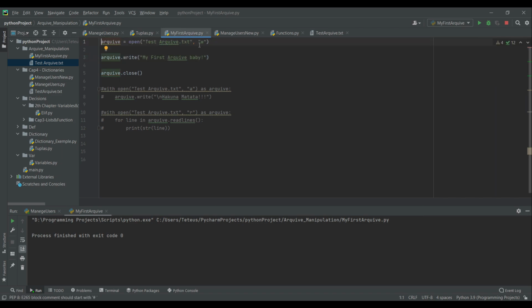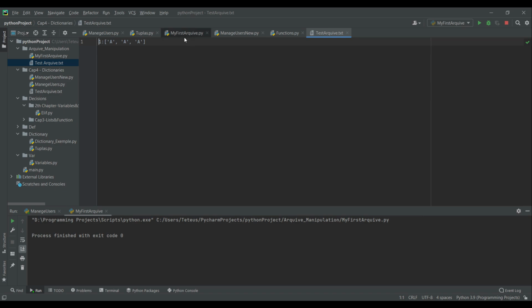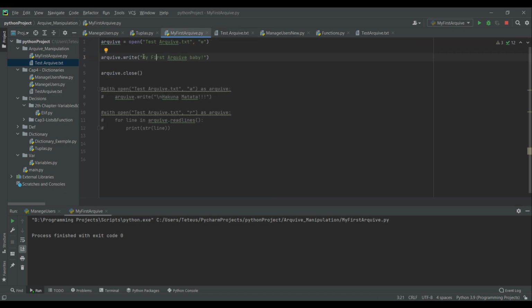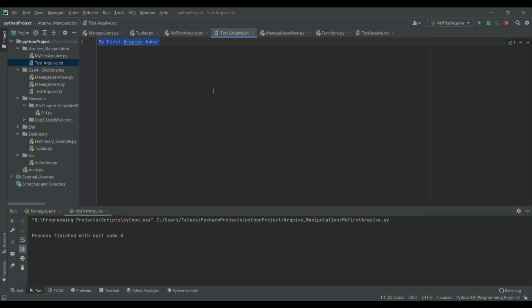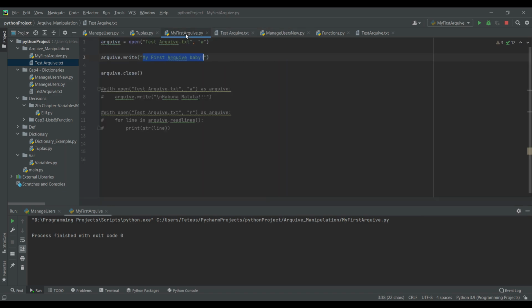So here's my creation, defining what will be. Here it is writing inside, and it's my first archive, baby. And you can see that it's inside when I open the archive, the random archive. It's exactly what's inside. You can see here what I wrote down, and here, which is my first archive, baby, is the same thing because I wrote it to be. You can put a variable, which is why it becomes so useful. Instead of a set thing, you can just put a variable on it and you store information forever.